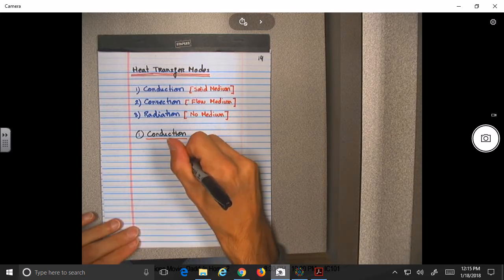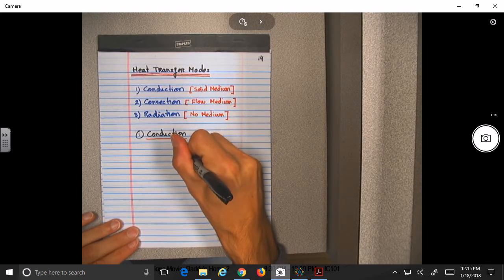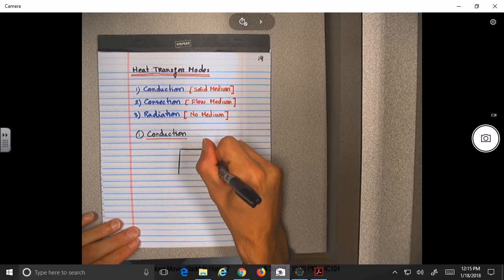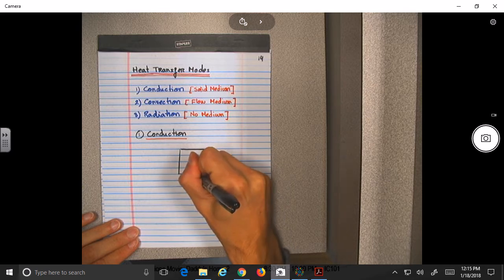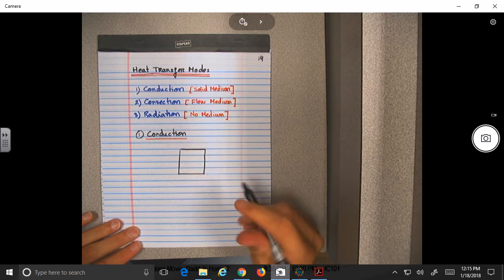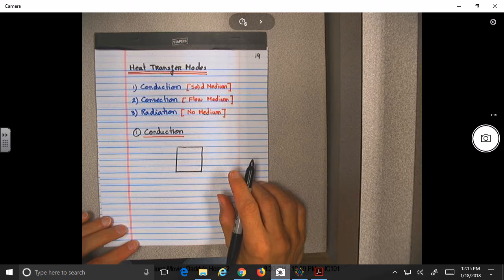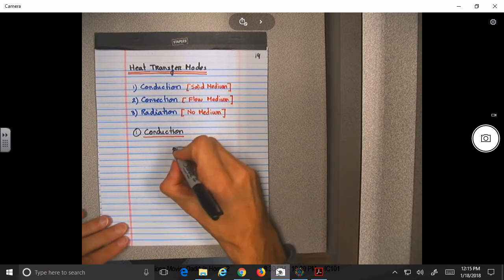Okay, so the typical example of conduction. Remember, every time there is an equation, there should be some type of figure or sketch, no? The equation does not show up magically. It's like in statics, you do free body diagrams, you write down equations. All right, get used to that process. So let's say we have a wall